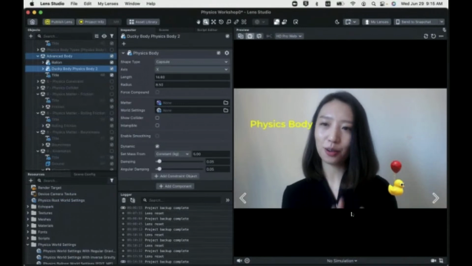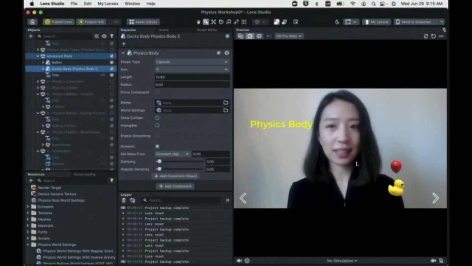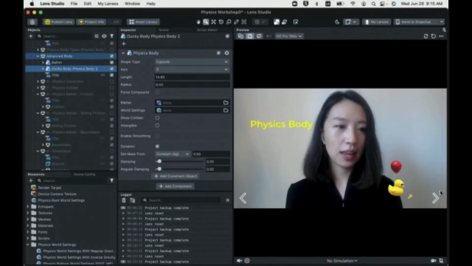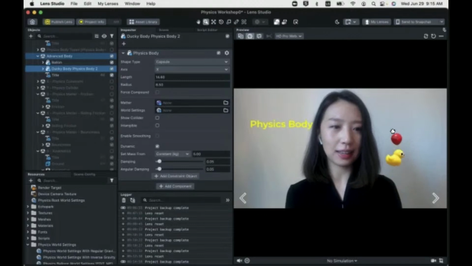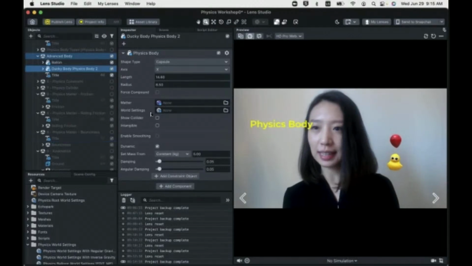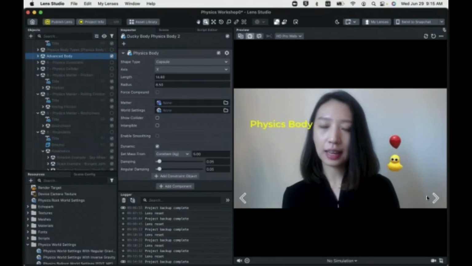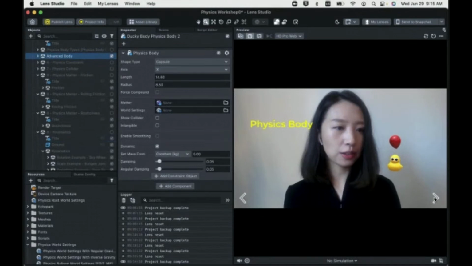So this is how you make a more complex body, and feel free to ask any questions during the session. Find the Q&A button if you find anything confusing or too hard to understand. Okay, since there are no questions, let's move to the